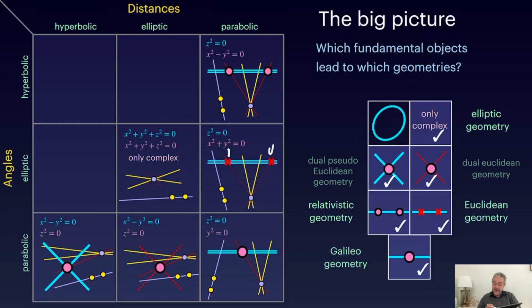The reason is we don't want to dive into those cases too much, but I gave you the names here. So essentially this here is something like a dual Euclidean geometry, and this here is dual pseudo-Euclidean geometry. Relativistic geometry is also sometimes called pseudo-Euclidean geometry. Now it gets interesting once more when we come to that case, and you see I have 3 cases